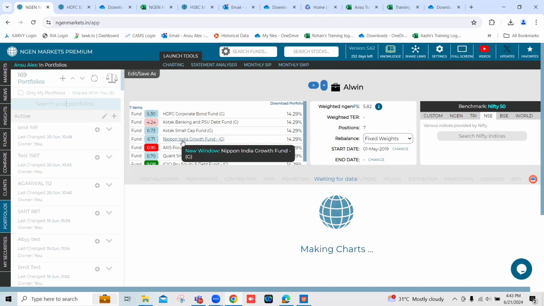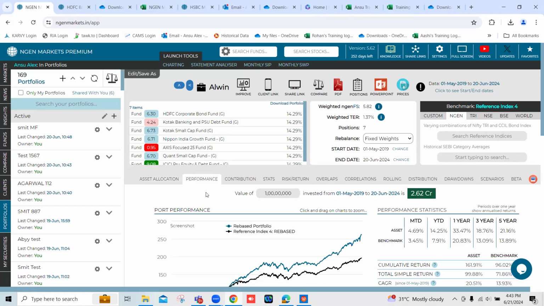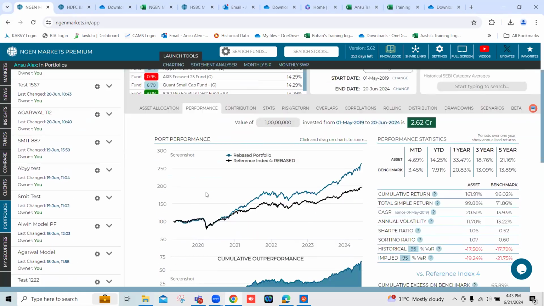राइट? परफॉर्मेंस पैरामीटर में हम ये चेक करते हैं कि वो पर्टिकुलर पोर्टफोलियो बेंचमार्क को बीट कर पा रहा है या नहीं कर पा रहा, और अगर कर पा रहा है तो कौन से पैरामीटर्स पे कर पा रहा है। लेट्स से यहाँ पे इन दिस केस ये जो हमने पोर्टफोलियो लोड किया है वो आउट परफॉर्मेंस जनरेट करके दे रहा है, क्योंकि जो ब्लू लाइन है वो पोर्टफोलियो परफॉर्मेंस की लाइन है, एंड द ब्लैक लाइन जो दिख